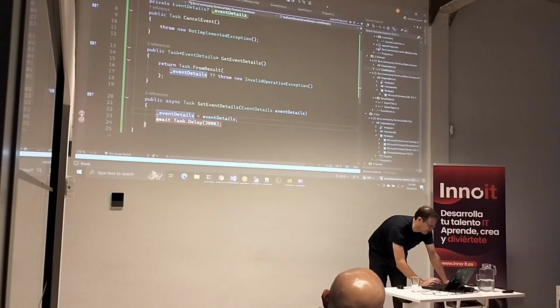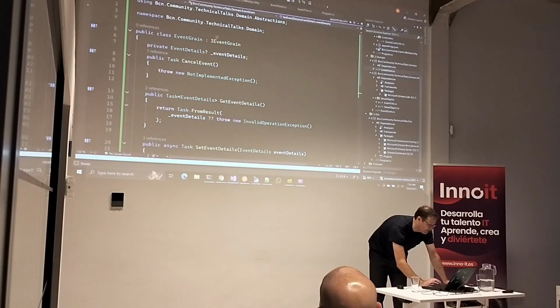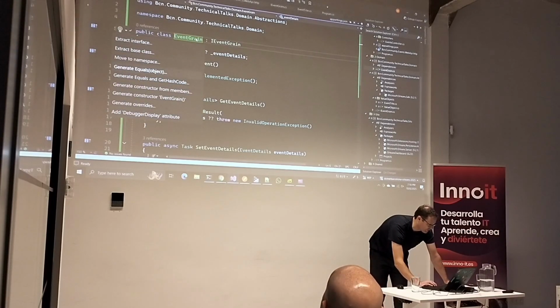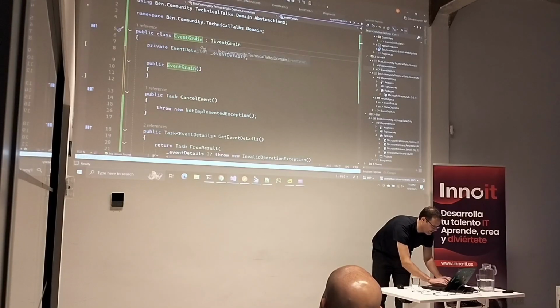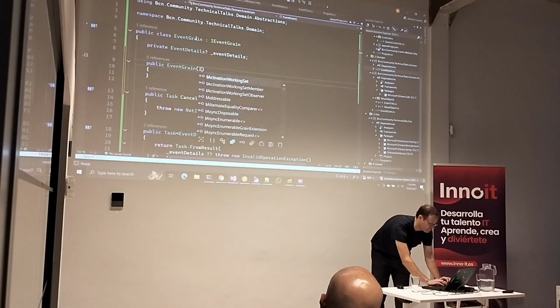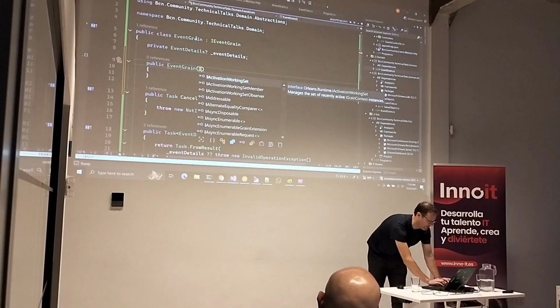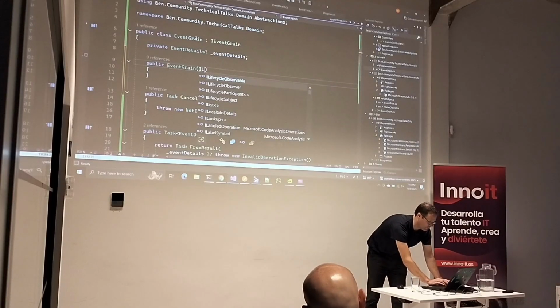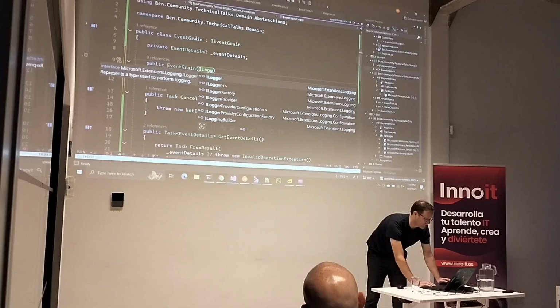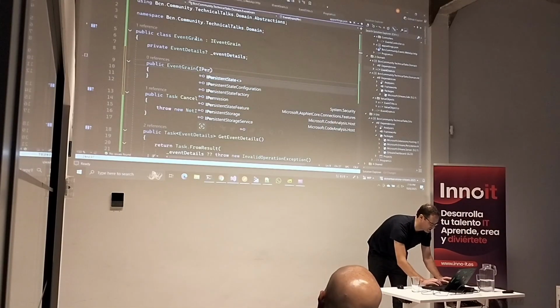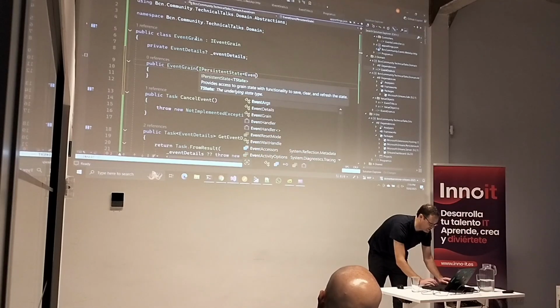where it gets its state from, and for that we need to add a constructor, generate constructor. Now, in this we have simple dependency injection, just like in every grain you have dependency injection, just like you're used to in other parts of the Microsoft ecosystem. So you can inject a logger in there, but we are going to do an IPersistentState of EventDetails,